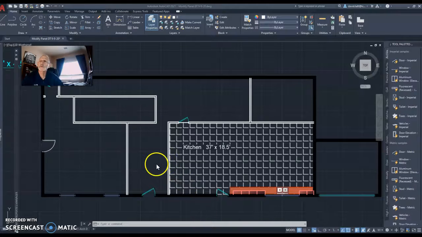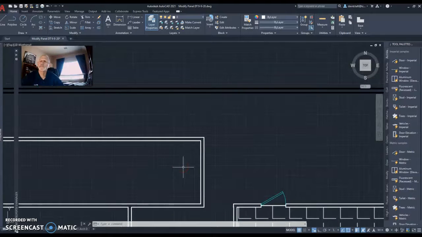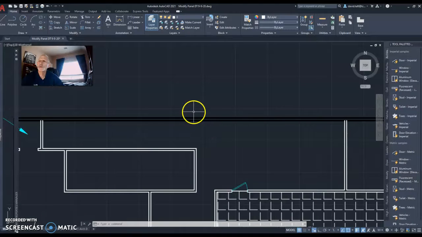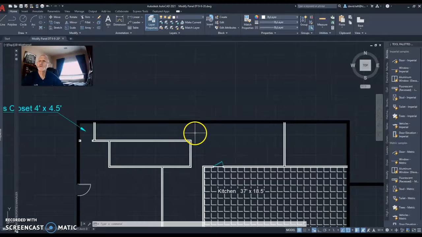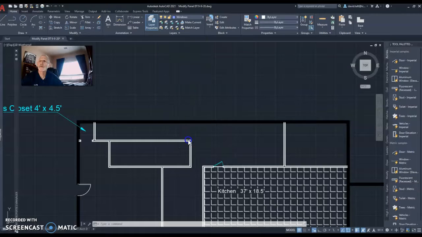So the first thing you want to do, of course, is have your doors and windows wall lines showing up, and then decide where you want these doors or windows. So we'll go with a window, and the first thing is make sure you have a layer for windows. So you want to separate everything out. We'll go ahead and make that layer active. And what we're going to do at first is decide where one side of the window is going to be. So we'll start just an arbitrary line with snaps on here and ortho